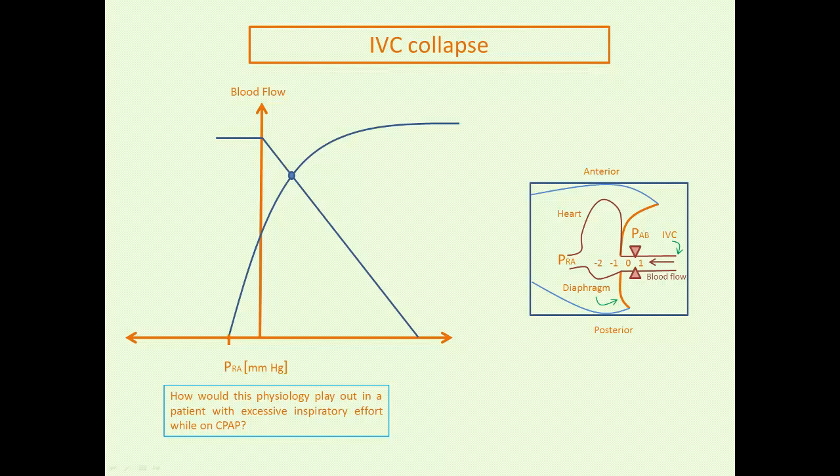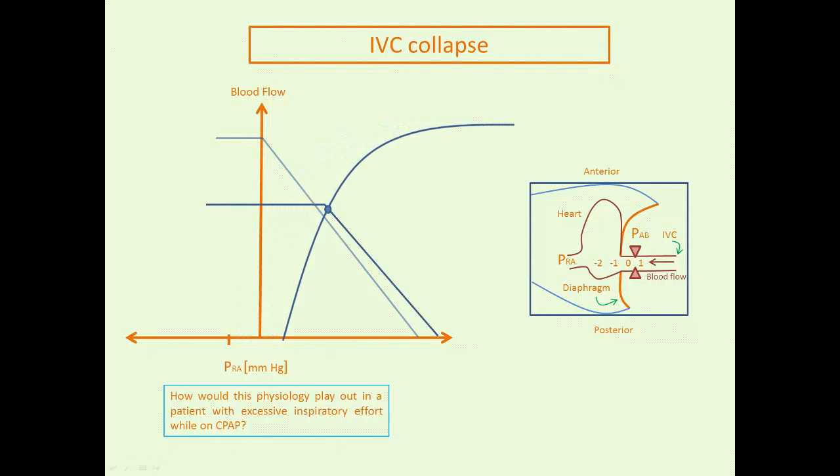So let's say this patient's hypervolemic, but they have excessive inspiratory effort. You tell them to take a really big deep breath in, okay, and they're on CPAP. So you've shifted the venous return curve as a result of the application of PEEP, as we've already talked about. It shifts the venous return curve to the right. It lowers maximal venous return because, remember, the plateau portion occurs when the pressure within the vessels entering the chest goes below the ambient pressure, that is the intrathoracic pressure, and that occurs more readily with the application of positive